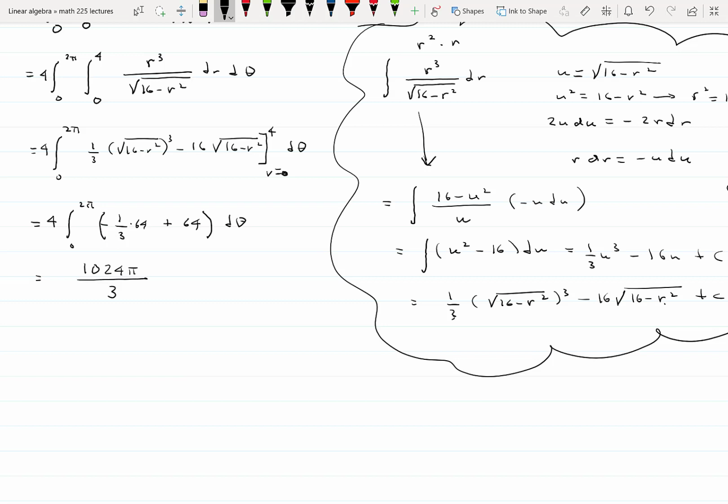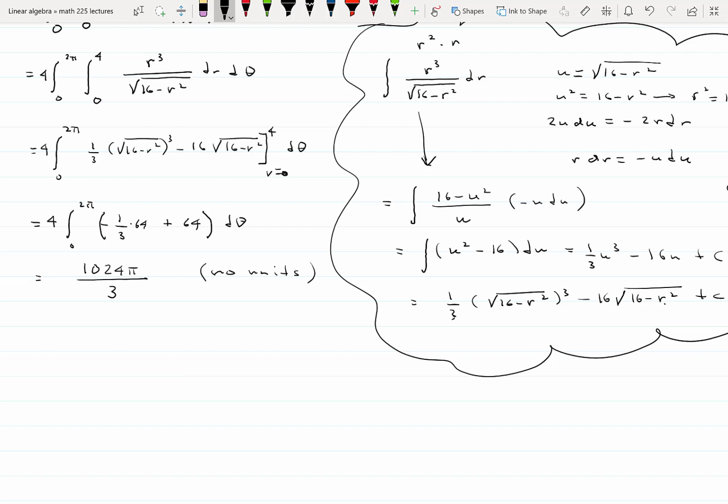Yeah, so you get 10,000, we get 1,024 pi over 3. Again, we can't assign units to this because we haven't assigned units for the function that we're integrating over the surface. Okay. Now,